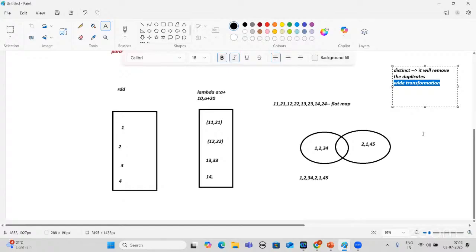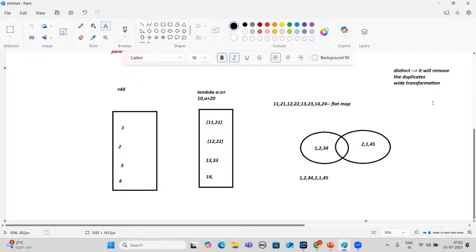That is what a good data engineer must do. You need to analyze your transformations, what you are doing. If your transformations are done by narrow transformations, always prefer narrow. If it is not done by narrow, then only go for the wide transformation, because narrow transformations are cheaper than wide transformations. That is what we need to remember.